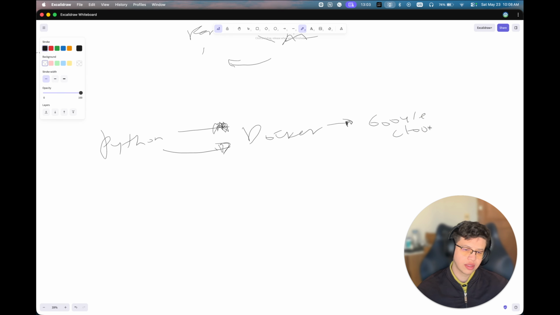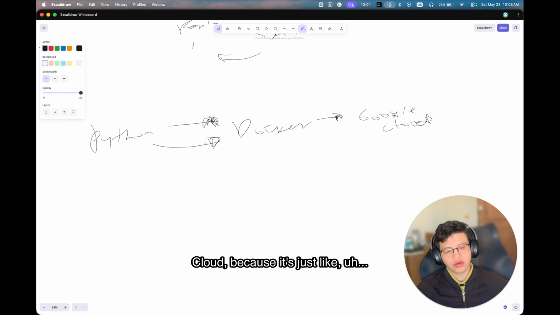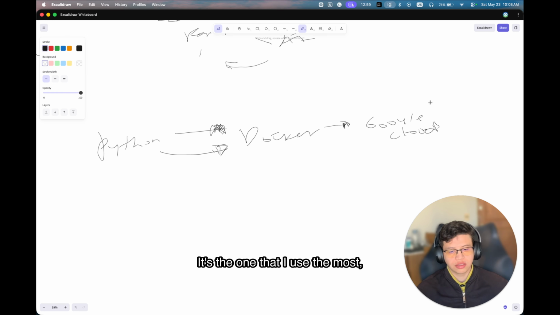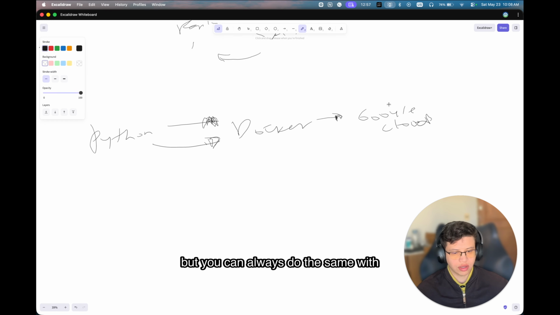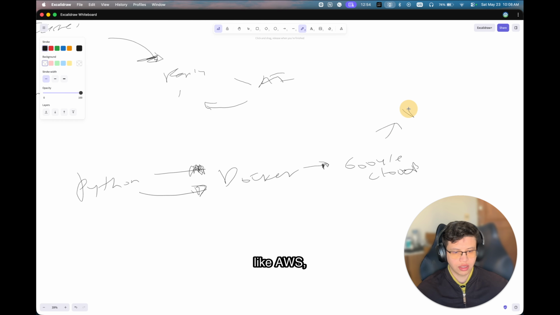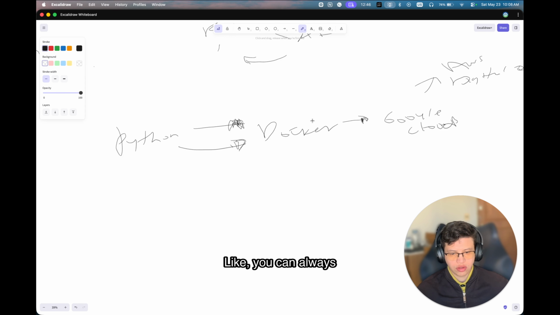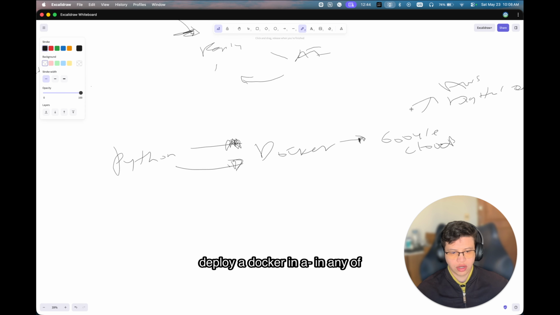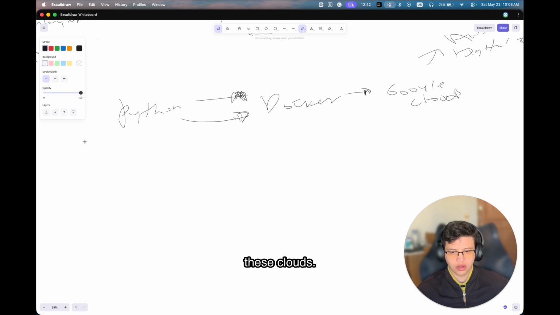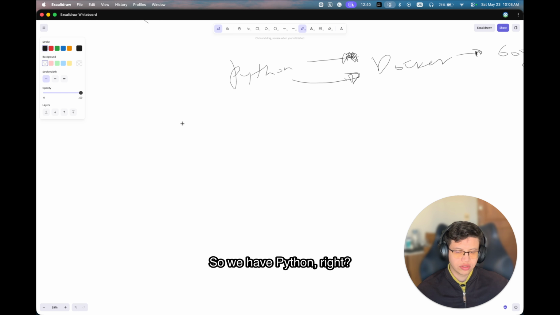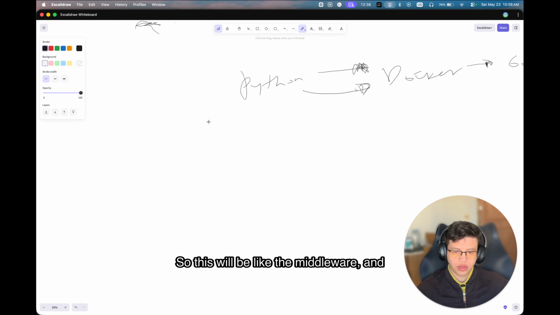I'm thinking Google Cloud because it's the one that I use the most, but you can always do the same with AWS or DigitalOcean. It's the same thing. You can always deploy a Docker in any of these clouds. So we have Python, right? This will be the middleware. And here we will have